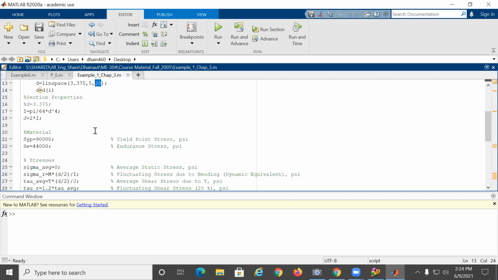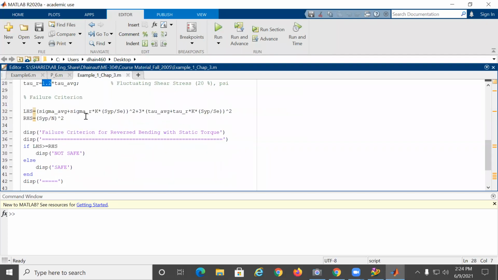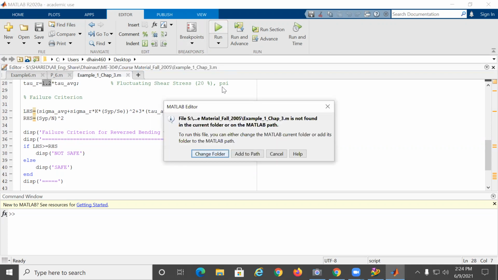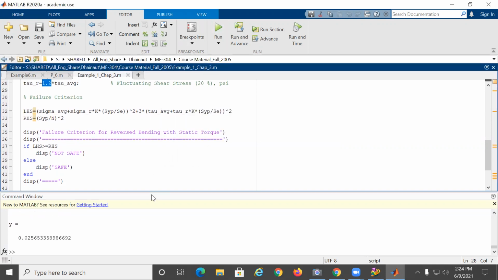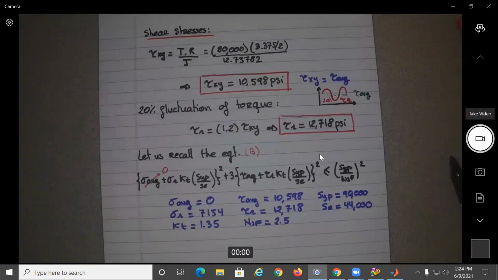That's what this means. The I is given over here, pi over 64. The J is twice that one, Sy of P. And here you see the tau sub R. I multiplied this one by 1.2, which is the extra 20%. And this should give you the values over here, okay? Anyway, if we follow this MATLAB file that I might just add to the class notes if you want,